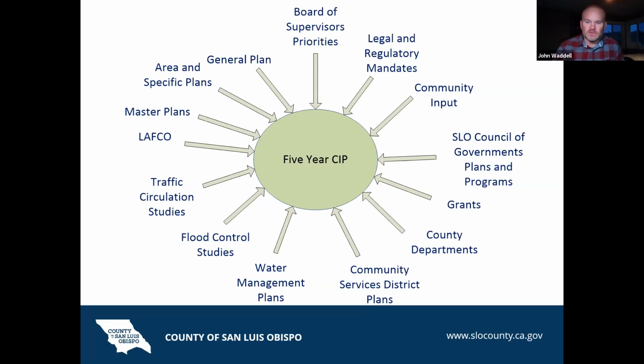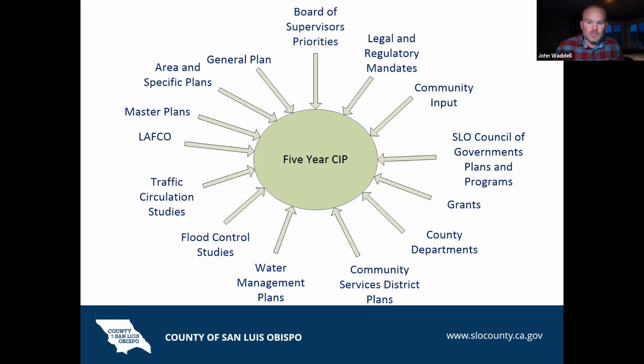So the funding sources are not typically from the county general fund budget. Those are more of an operating budget. Funding sources include service charges, road improvement fees, development fees, state and federal grants, special assessments, and designated programs, such as designated replacement reserves, state programs, or even planned debt financing.